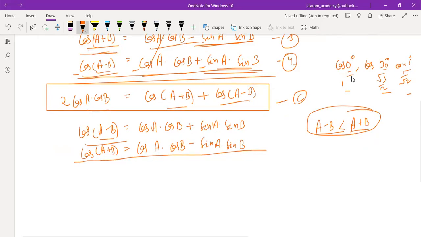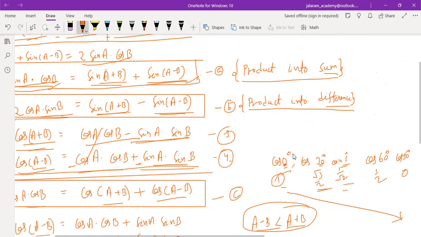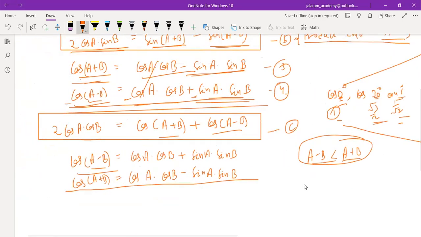But the value of cosine of a smaller angle is greater, while as we increase the value of the angle, the value of cosine decreases. Look at this, cos 60 degree is half, and finally cos 90 degree becomes 0. Means it decreases from 1 to 0 when we are increasing the angle from 0 degree to 90 degree. So similar happens in this.